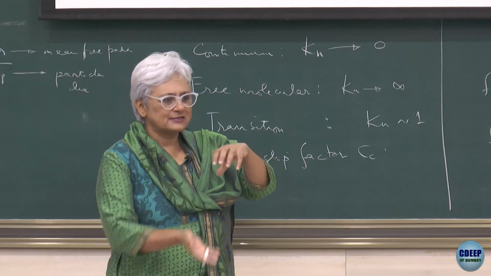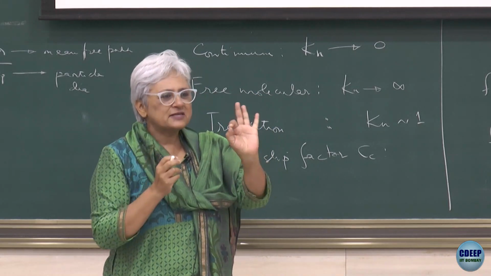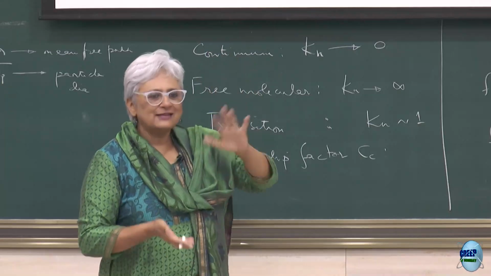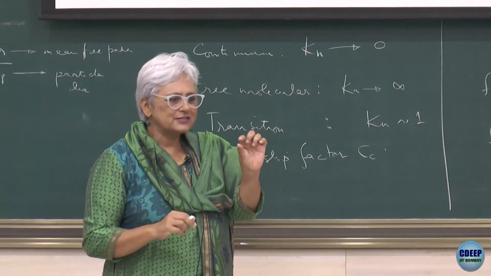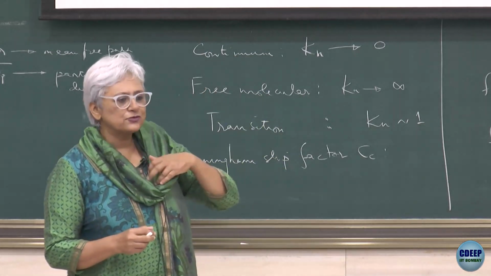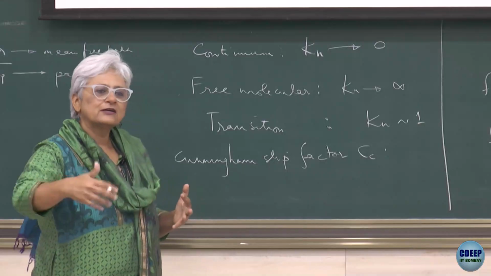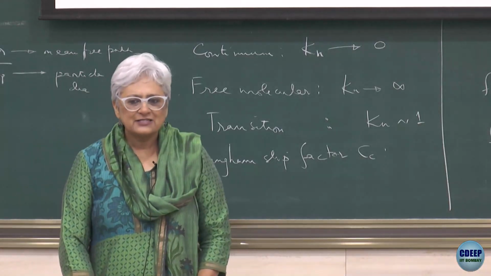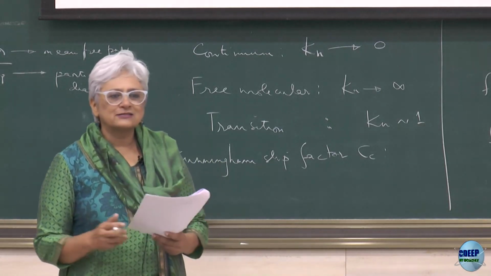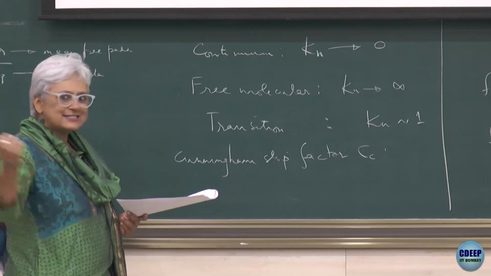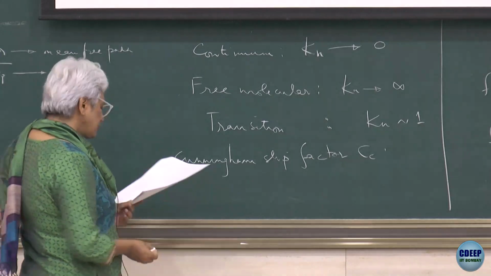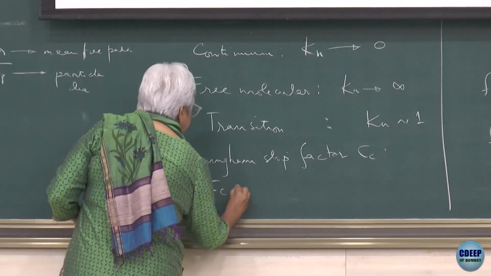You would have a particle in a flow field and have some charges on it and have a certain electrical field to balance the forces. So you are leading to an electrodynamic levitation of the particle, and then being able to do this over a set of relative velocities, a set of particle sizes, a set of particle characteristics, then we end up with an expression for Cc, this Cunningham slip factor,